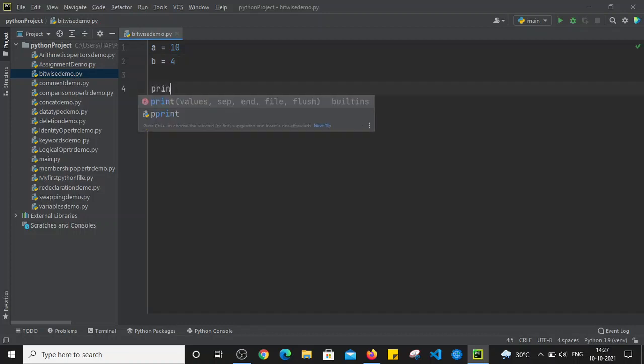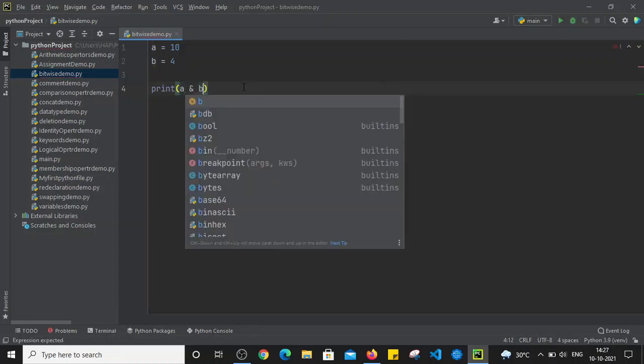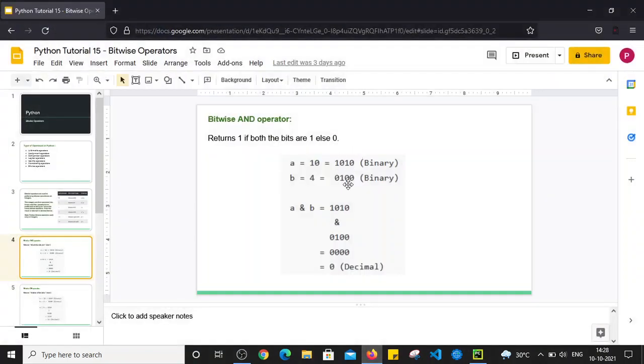After that, we are going to perform the bitwise AND operation. So print A bitwise AND B. When we see this statement, what will it do? First, it will convert A into binary and B, that is 4, into binary format, and then it will perform a bit by bit AND operation, and at the end it will return the result in decimal format.